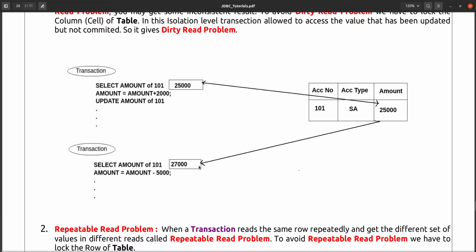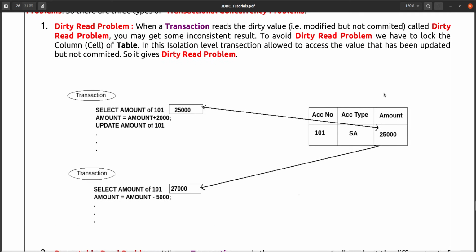So the 27,000 that the second transaction B is reading is a dirty value. The transaction may commit or may roll back. That's why the value transaction B is reading is modified but not committed. So that is called the dirty read problem.